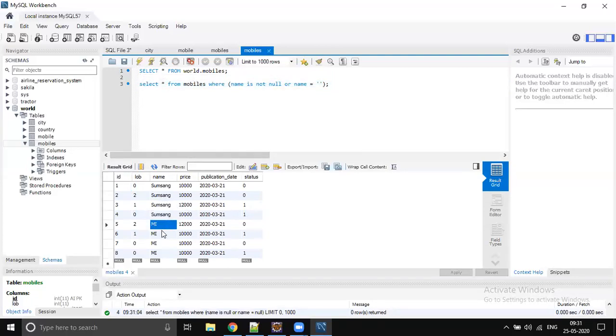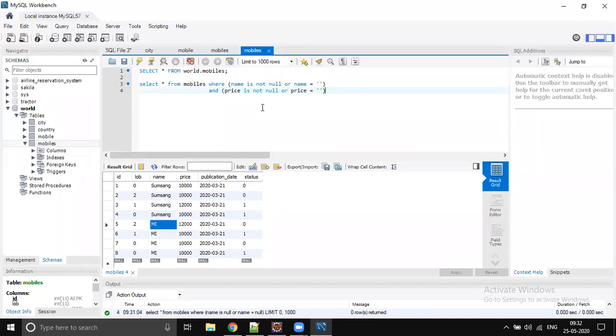But we should also take care about... okay, yeah, not null. Let's apply this. And in the same query, if the price is coming, then we will give the result. If the price is not coming, then we will ignore it. So price is not null, or price can be empty also.